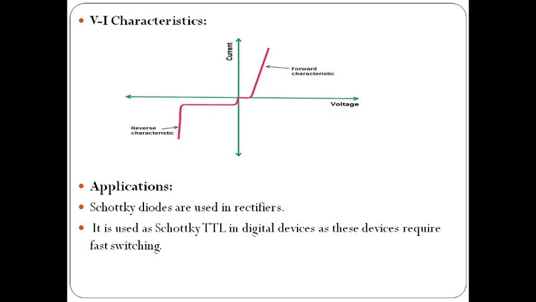The applications of the Schottky diode: it is common. It is like a switch. It can be used as a rectifier because it performs the normal operation of a rectification diode. Yes, and it has lower power dissipation, so it is used in high efficiency applications. And here the switching speed is more, so it is used in fast switching